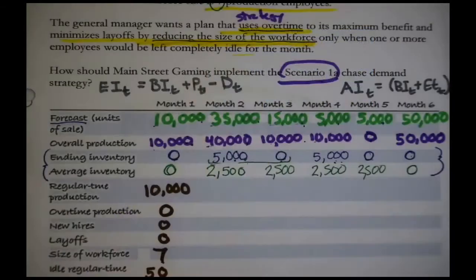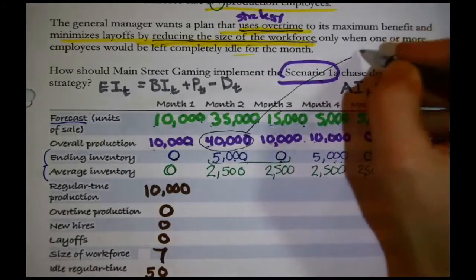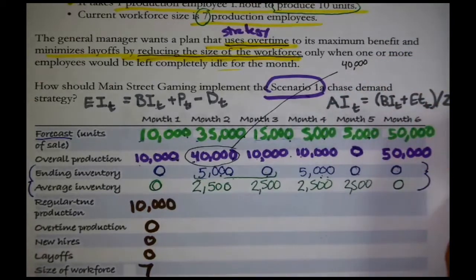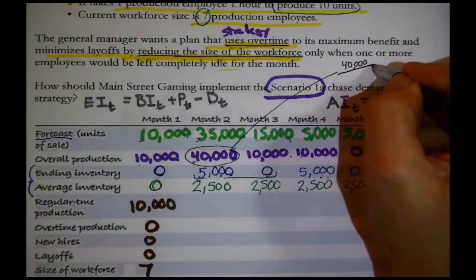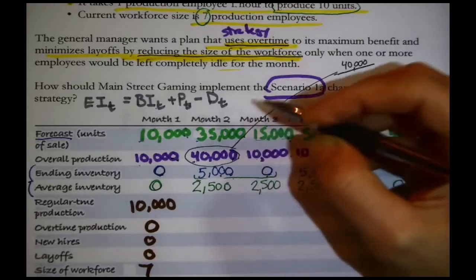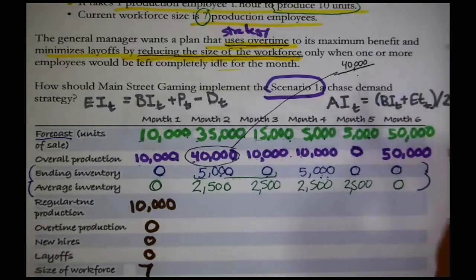So in order to tackle the second month, what we should do is a little bit of scratch work to determine what size of crew you need to produce 40,000 units of sale in 1 month. So I take that 40,000 right here, just out somewhere where there's room for some scratch work. 40,000 units of sale. Now, how many people do you need? What I would want to do is take that number and divide it by the total number of units of sale a single person could produce in a month, because then that would reveal how many people you need.